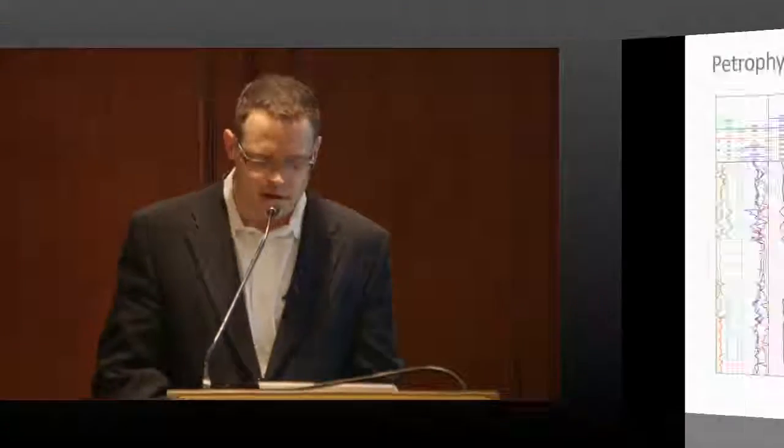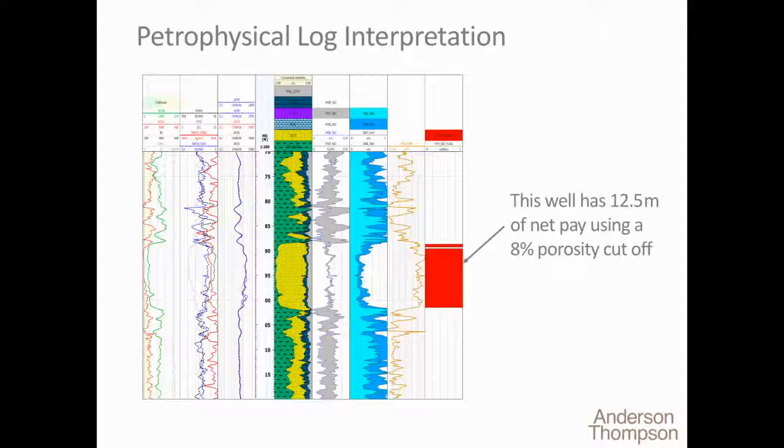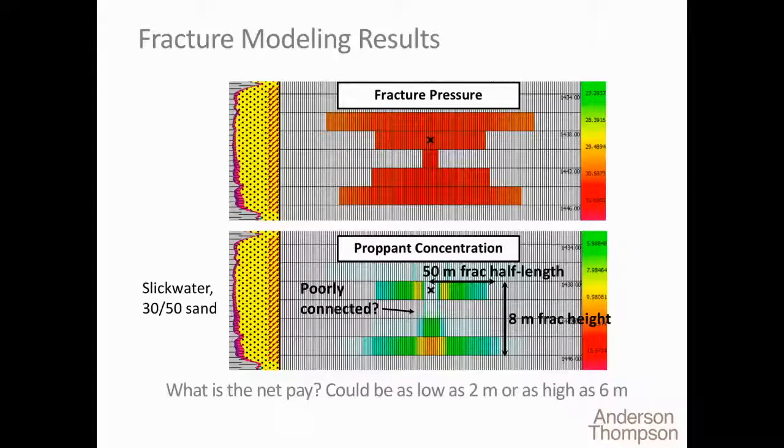So this is what the log looked like. It was really, really good. 12.5 meters of pay using an 8% porosity cutoff and other cutoffs. It was good-looking geology. The frac modeling results were showing, now in this case I put how the